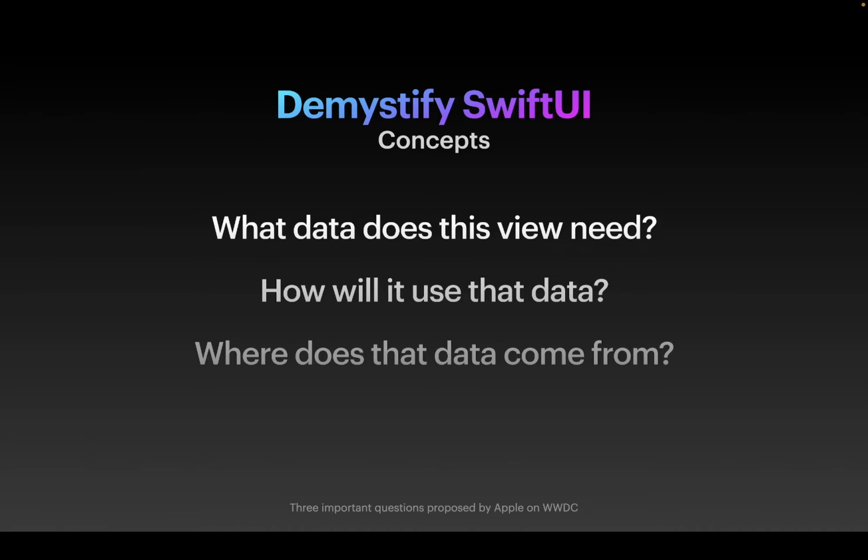Okay, so the user may change the data by interacting with the view, like clicking on a button or that kind of thing. And how are you actually going to present this data? Because you may want to do some calculation on the data before you display it to users. And the last one is, where does the data come from? That is actually quite important